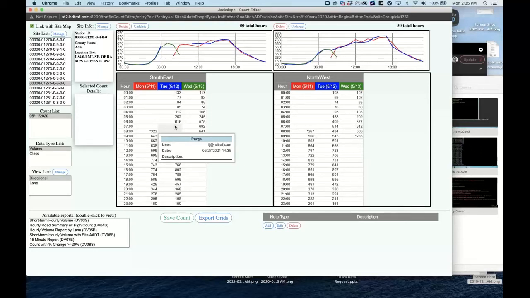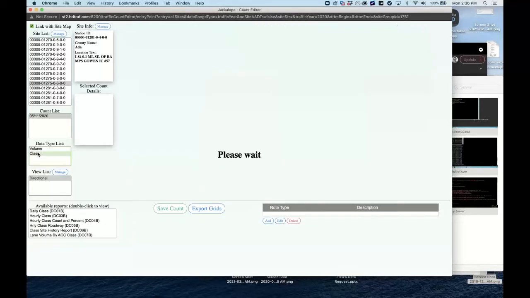And then we also do the same for the lanes. So anything in the southeast lanes, when you purge the 7 o'clock hour, it's also purging the lanes. And that's across, so if we go to class now,